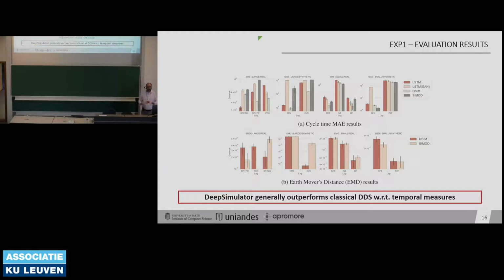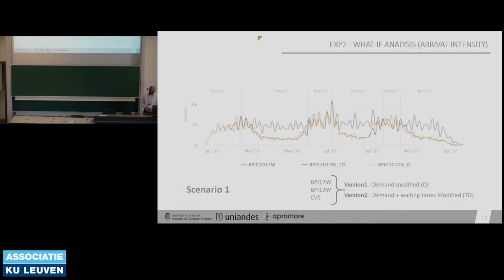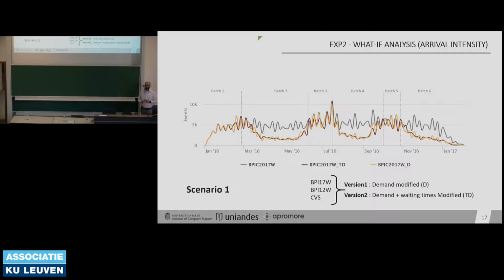That's our base, let's say we have now a digital twin. It's our base to start to perform what-if analysis. In the second phase, we wanted to test the what-if capabilities of the deep simulator. So we proposed two scenarios. In the first one, we are modifying the arrival intensity of cases. What we did was take an event log, in this case the BPI 2017, we split it in 6 batches, we reduce the arrival rates in batches number 2, 4, and 6, we modify this data, and